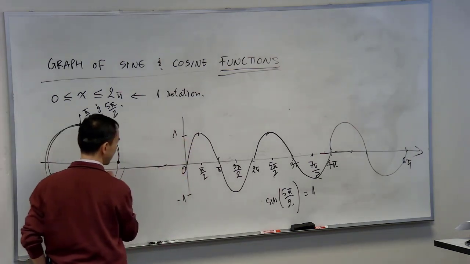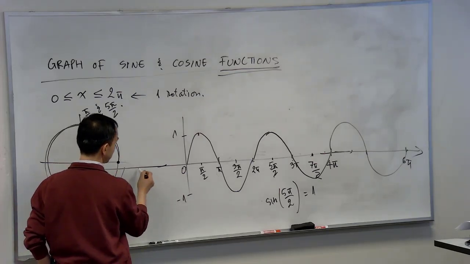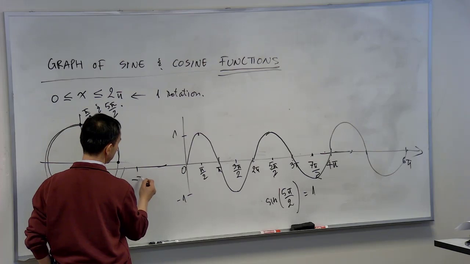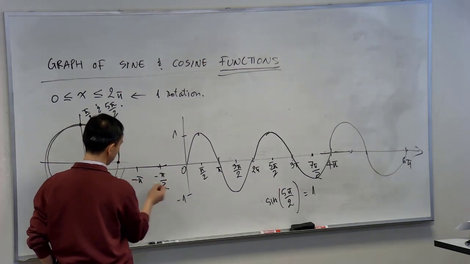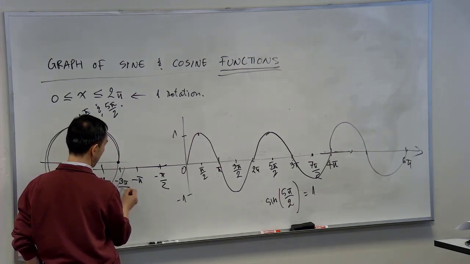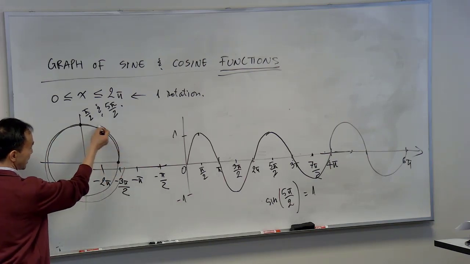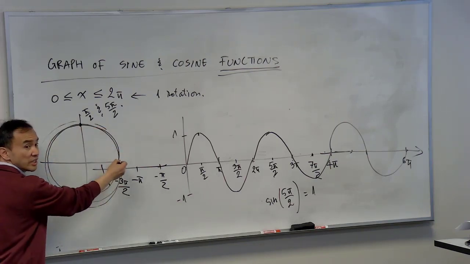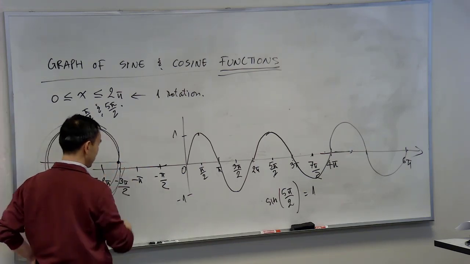So think about, what if you were at negative 2 pi over here? And then there's negative pi, mathematically, and then there's negative pi over 2 right there. And then there's negative 3 pi over 2, right? So negative 2 pi is here, and then we're rotating one rotation to hit 0. You guys with me there? Okay. So the graph on the negative side